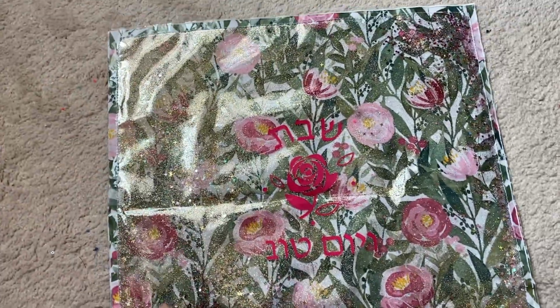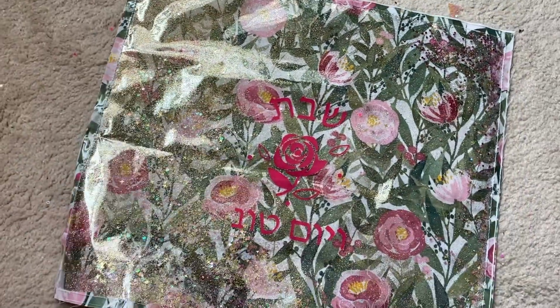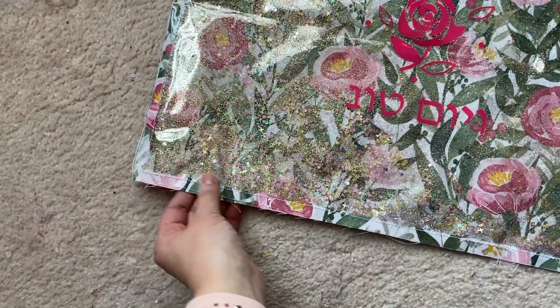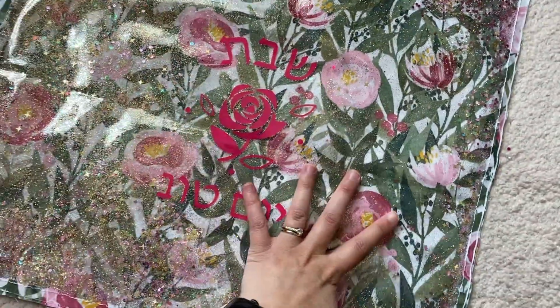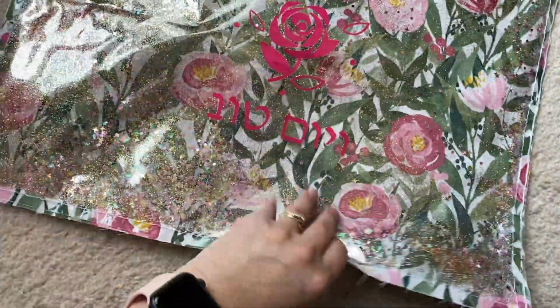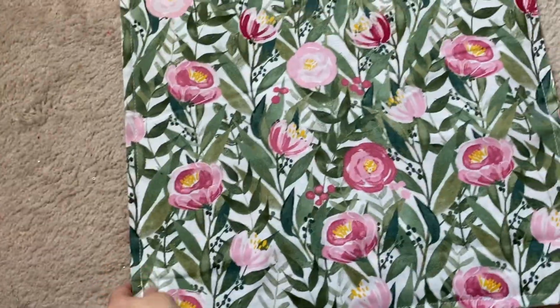Okay, that completes the challah cover. I'm really happy with how it turned out. I'm going to put some trimming along the edges once I find some, and then it will be complete, but this is the gist of the idea. And I just love how there's like so many different layers going on. This is the back side,